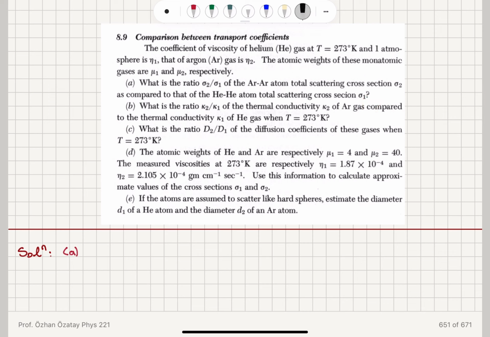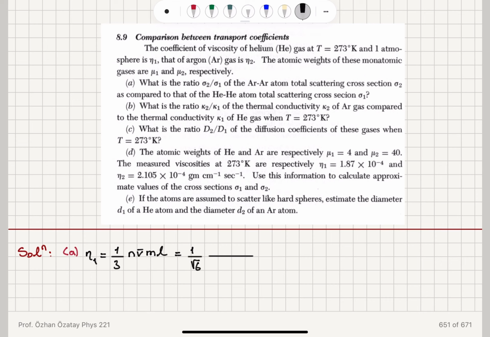The viscosity is related to the mean free path according to elementary kinetic theory: eta equals 1 over 3 n v bar m l. So n is the number per volume, v bar is the mean speed, m is the mass of one atom, and l is the mean free path. And if we substitute for l, 1 over square root 2 n sigma, where sigma is the total scattering cross-section, we find that it is 1 over square root 6